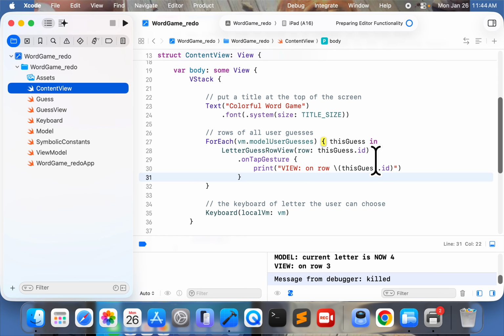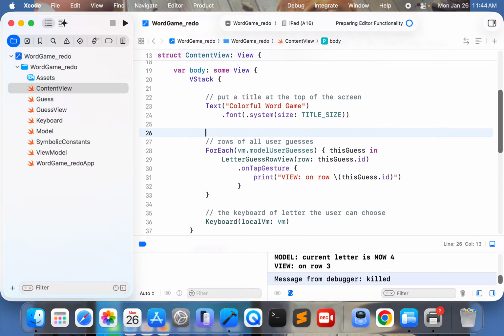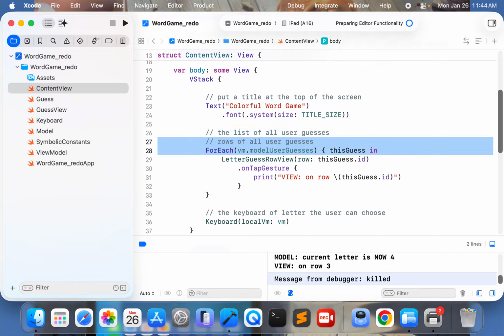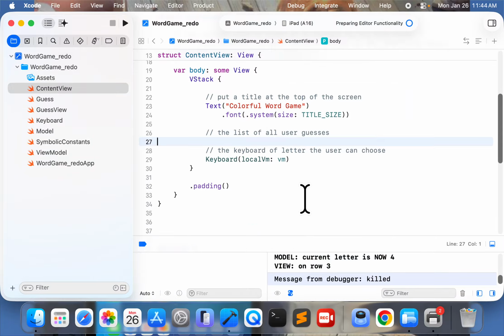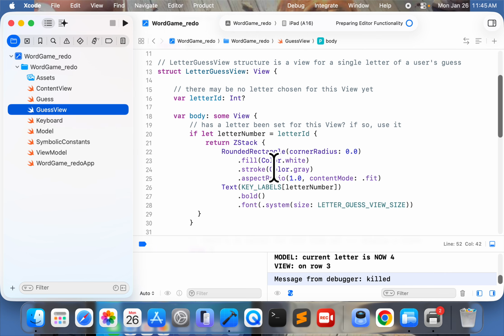So in the content view, if I'm going to finesse away all the user guesses, then I'm going to leave a comment behind. The, what is it? List. I'll make it a list of all user guesses. And I'm going to take a bold move and cut and paste this without just commenting it out. I'm going to kill my darling here. Right click, cut, bye-bye. And you're going to guess view,